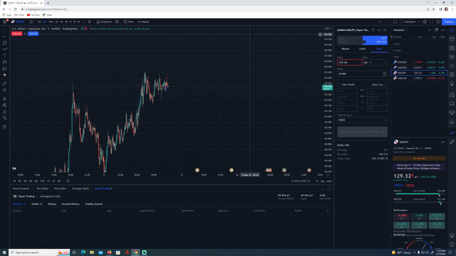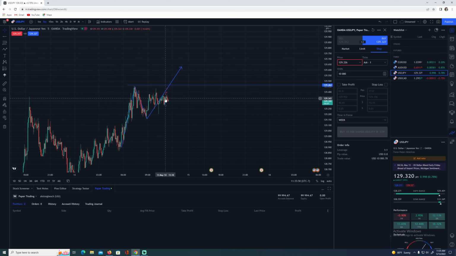So for a buy, if I wanted to place a buy order, I will place it above price, okay? Because what I'm saying is price is coming this way, created a higher low, and then I'm expecting the market to continue higher, to break this high, so to continue the same uptrend, right? So I'm saying once it goes above this high, I want the market to put me in, so I can start making money on the upside,